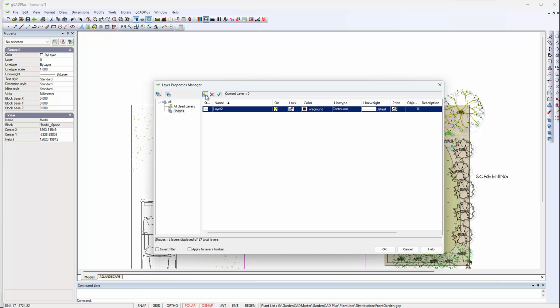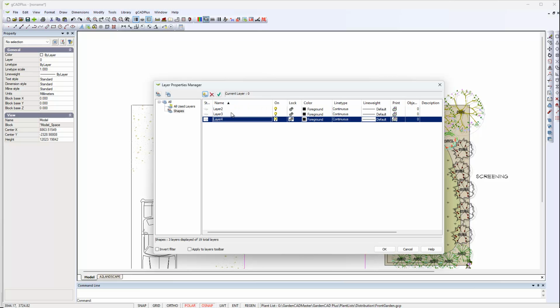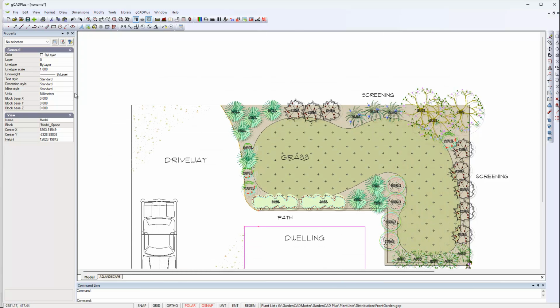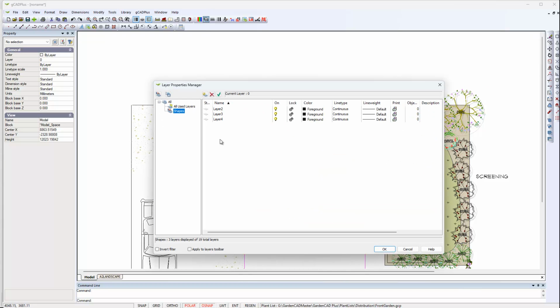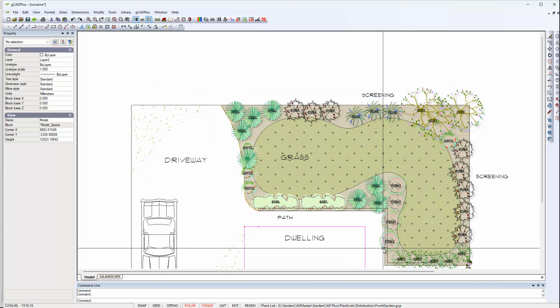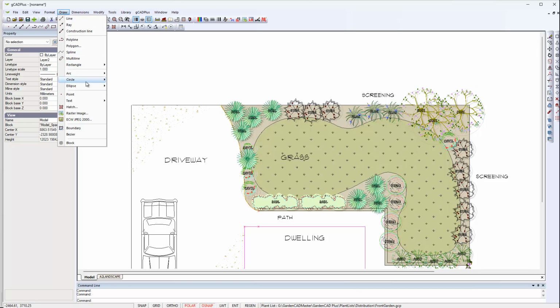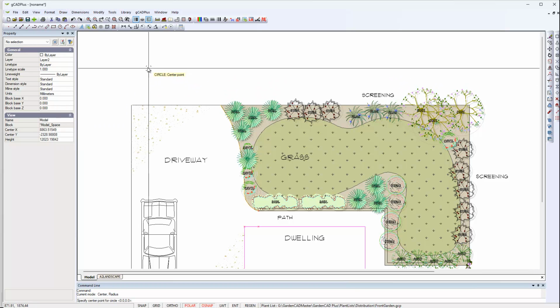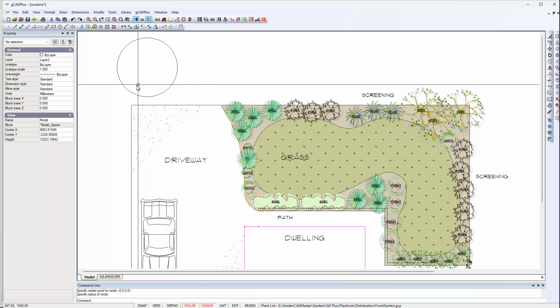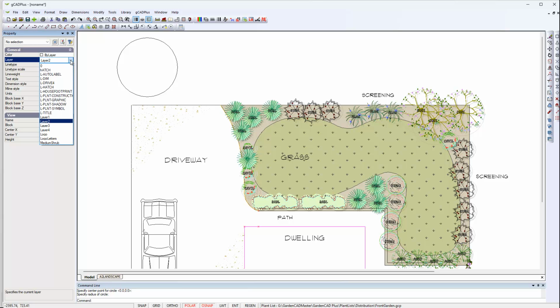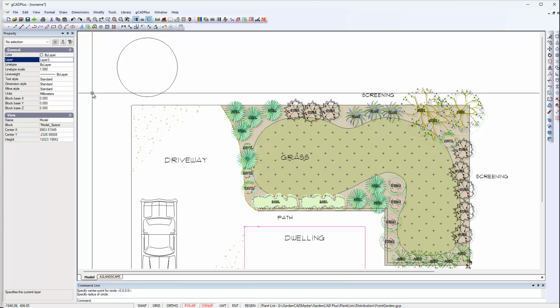Layer 2 will make layer 3 and layer 4. Let's come back to layer 2 and say OK. Now, oh, my mistake, let's go back there again. Layer 2 will make layer 2 current. Notice that it changes here. So let's draw a circle here. That's one shape. If we don't have to switch backwards and forwards, but we could make layer 3 current,